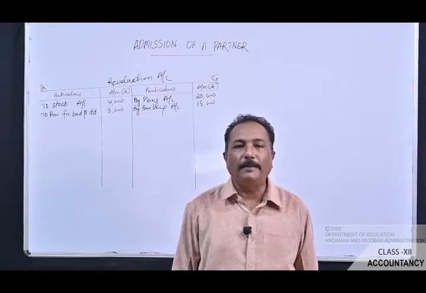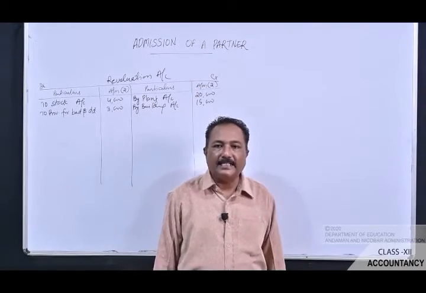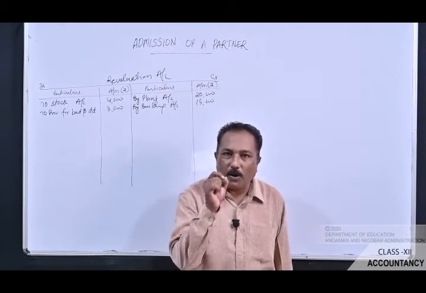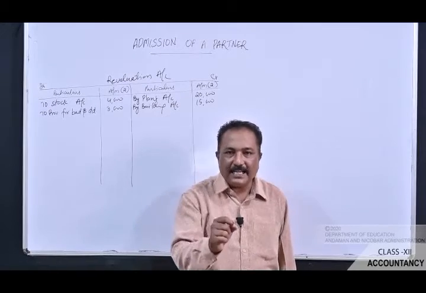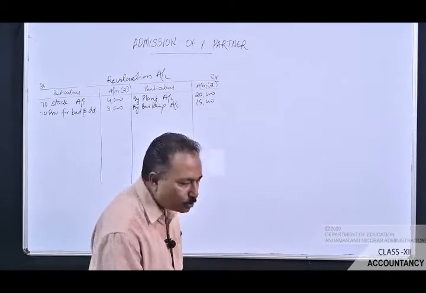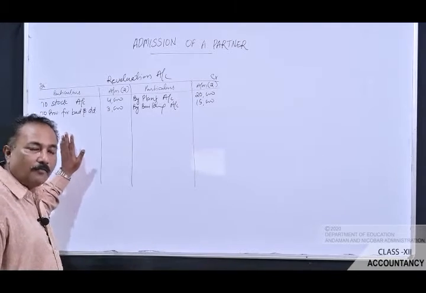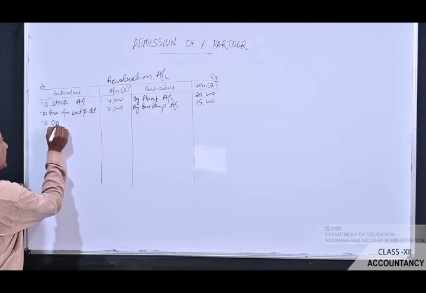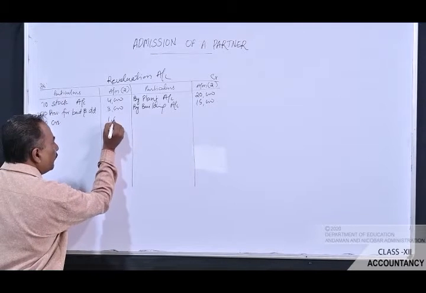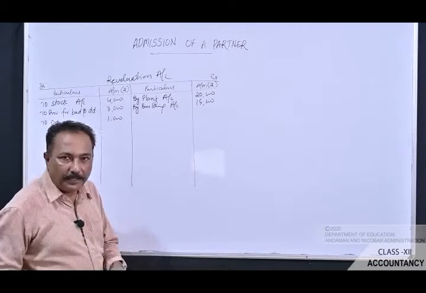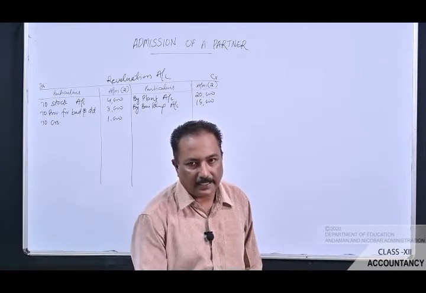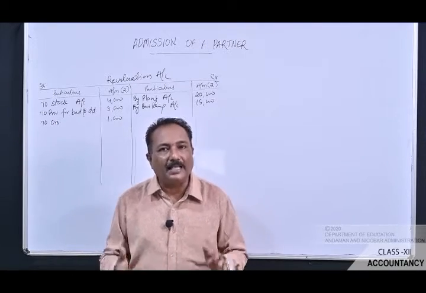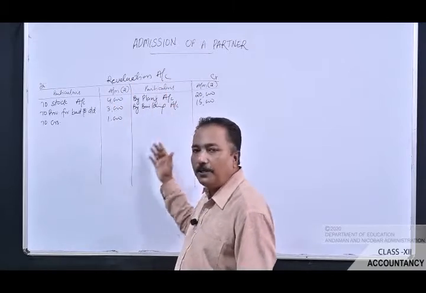Now let's pass on to point number 5. The point number 5 is creditors were unrecorded to the extent of rupees 1,000. This is an unrecorded liability, and if there is any unrecorded liability, that has to be recorded on the debit side of the revaluation account. So the liability has increased as creditors with the amount of rupees 1,000. We have recorded rupees 1,000 of creditors. Now there are no other items that have to be recorded in the revaluation account.